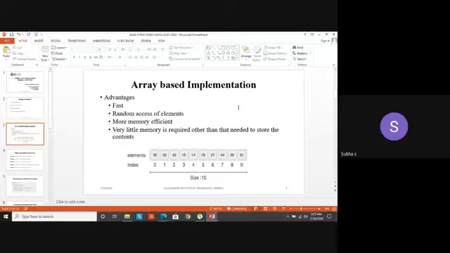But the positions have contiguous memory locations. Contiguous means continuous, in a particular dense location. That means starting from A of 0. Assume that your array name is A, though it's not necessary to be A. It can be LA, it can be XYZ. So XYZ of 0, XYZ of 1, 2, etc.